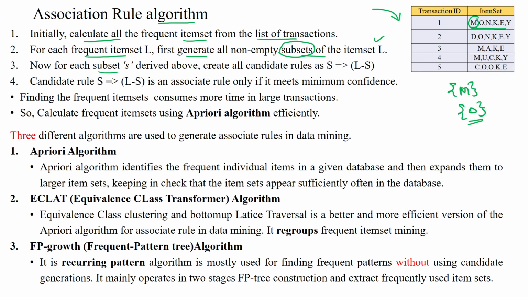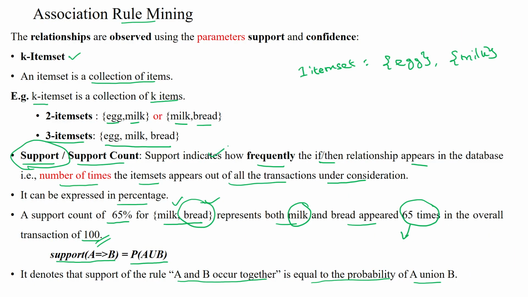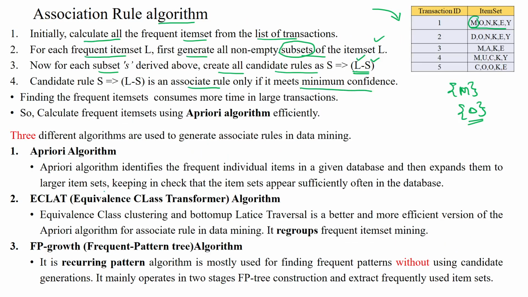Now for each subset we have to create all candidate rules, that is S implies L minus S. Here L is the item set and S is the subset. Then the candidate rule S implies L minus S is an association rule only if it meets the minimum confidence. We have to calculate three things: the frequent item set, the confidence, and the support. Based upon that, we can frame the candidate rule. So these four steps are used in